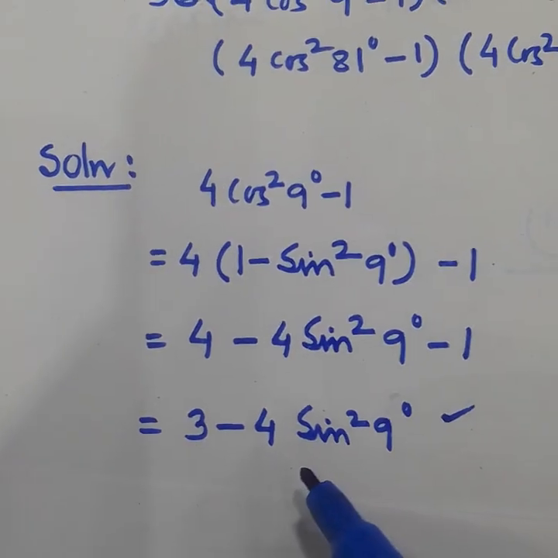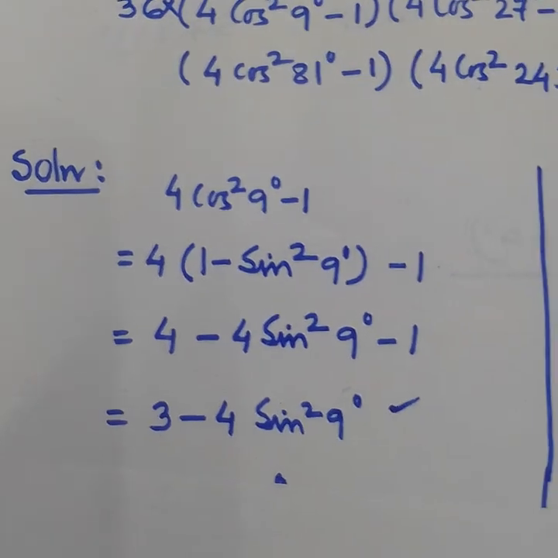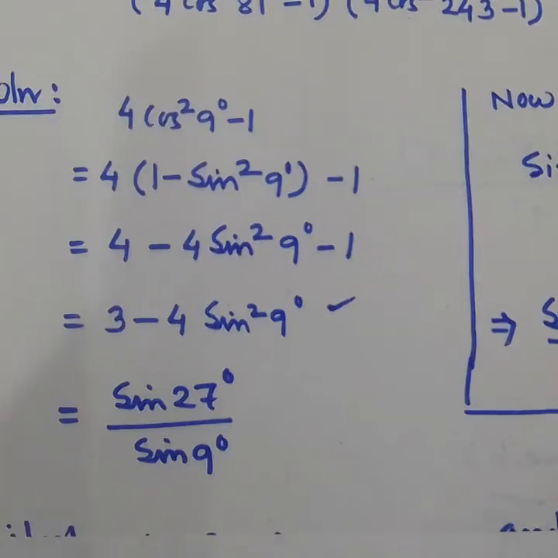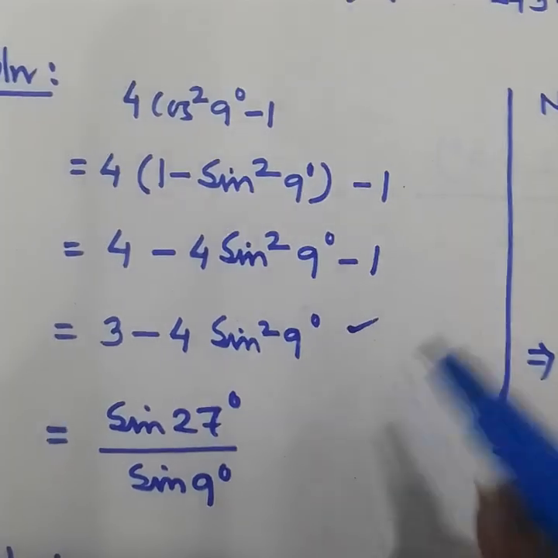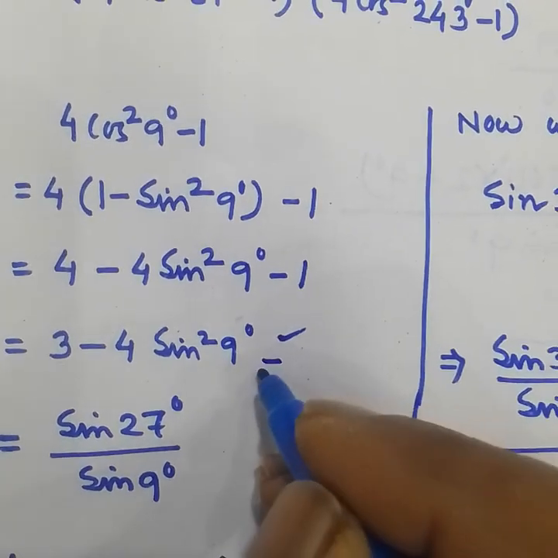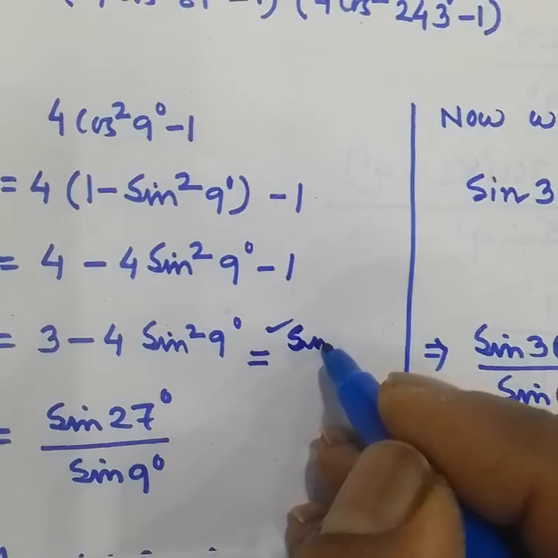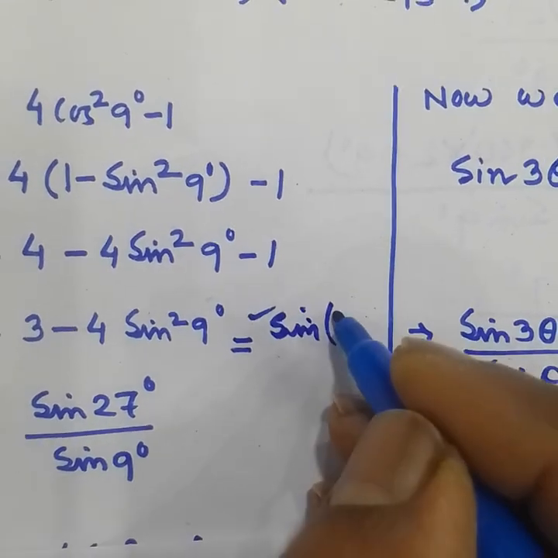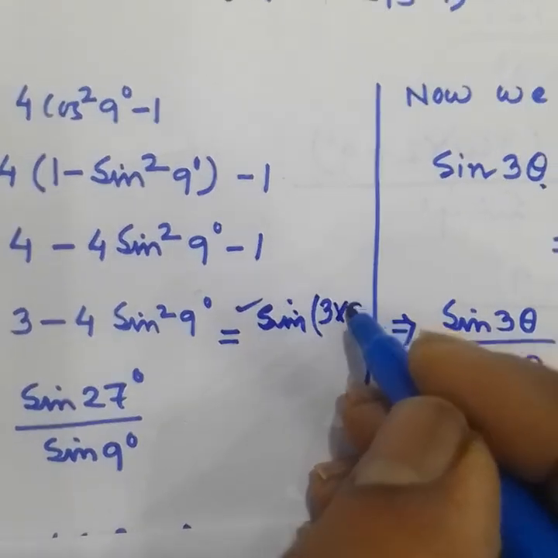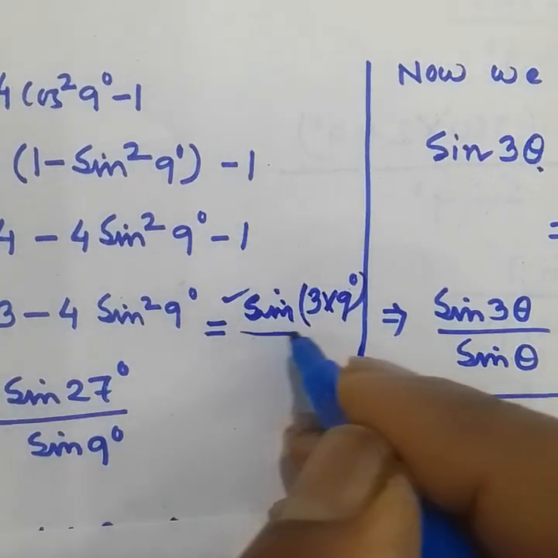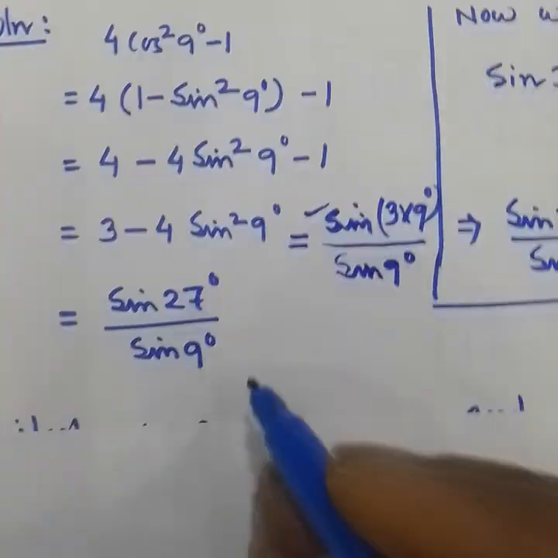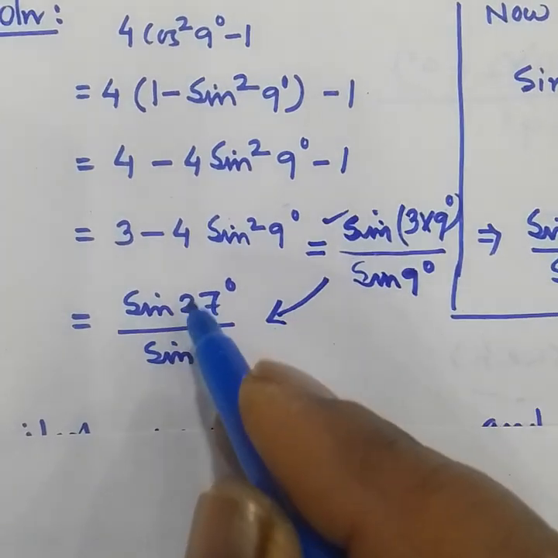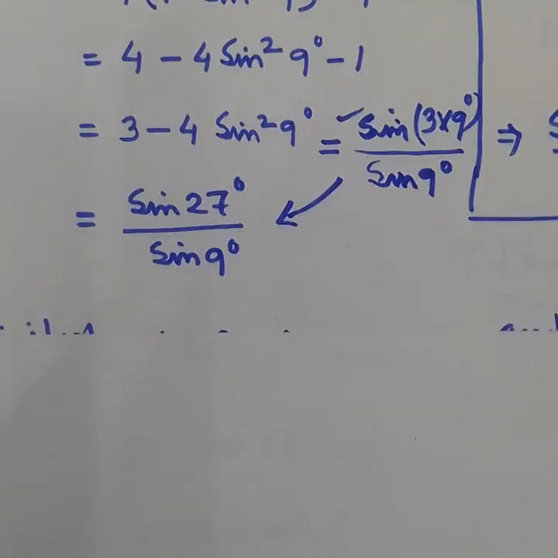Using this formula, we can write 3 minus 4 sin square 9 degree as sin of 3 into 9 degree by sin 9 degree. So it becomes sin 27 degree by sin 9 degree. Similarly,